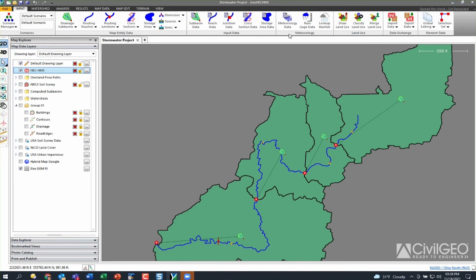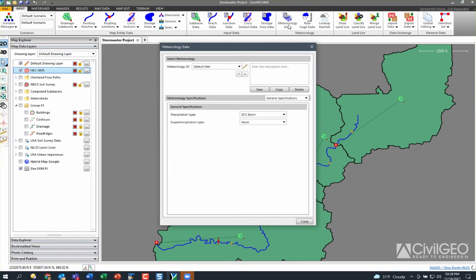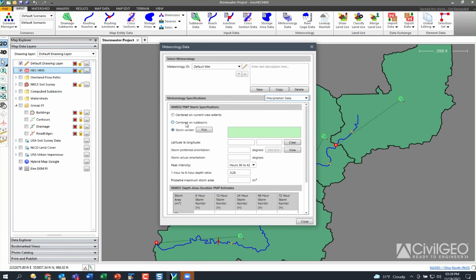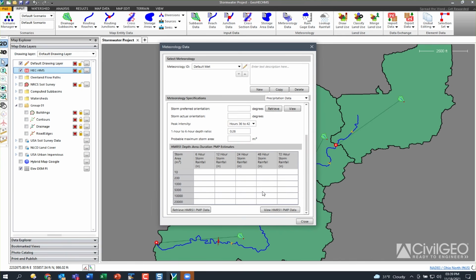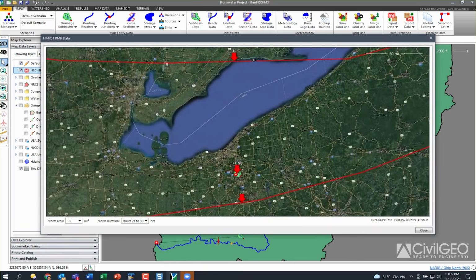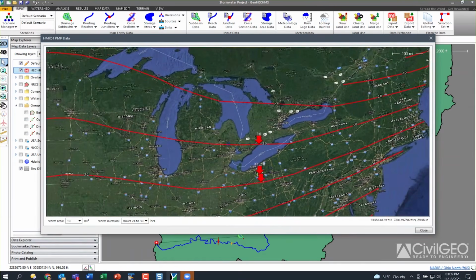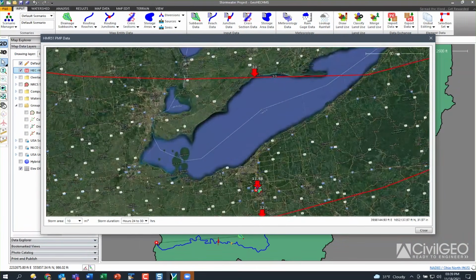Next thing we want to do is define our storm. So go to meteorology data, and there are lots of different storm types. So if you're doing a probable maximum precipitation storm where you have to use HMR 52 and 51, that's built into the software. So if I go over here to precipitation data, I can say, let's just say it's our storm centered on our subbasins, and we can go in here and say retrieve HMR 51 PMP data. It puts you in a plot showing you the isohyets. So these are contours of total rainfall,